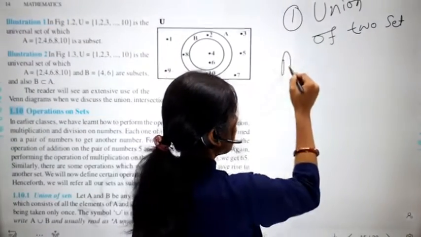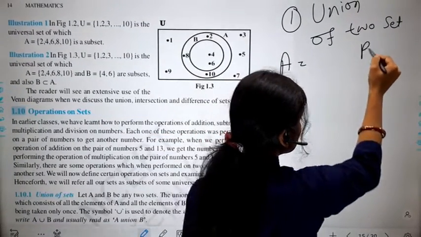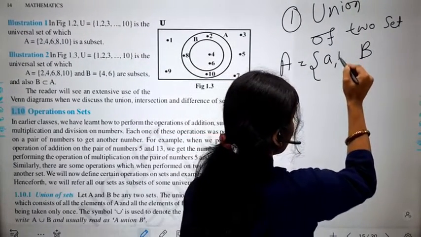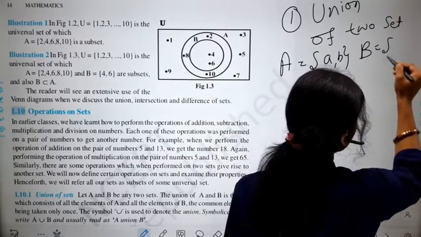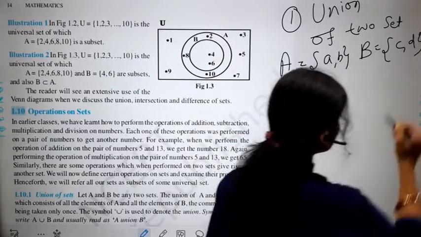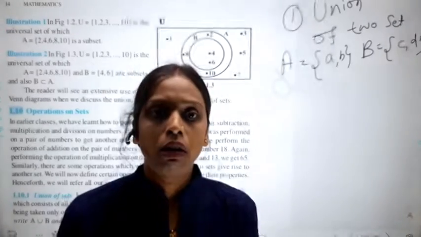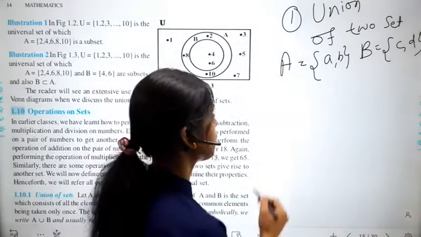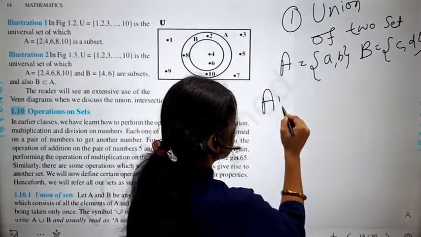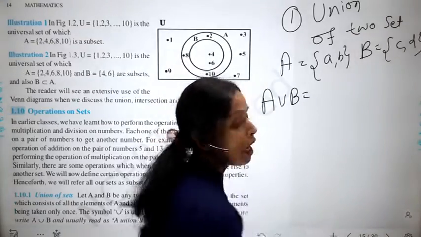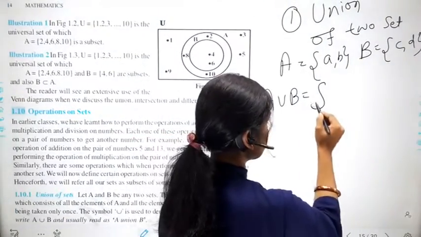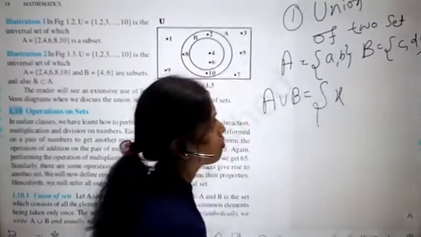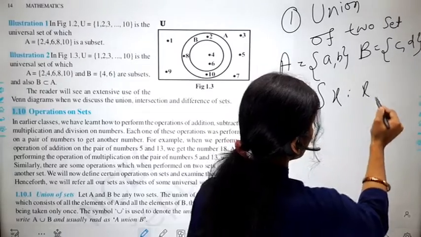Let us suppose A and B are two sets, A having the elements a, b and B having the elements c, d. Then what is the definition of union? A union B will be the collection of all those x such that x belongs to